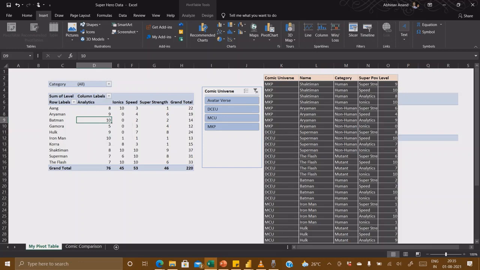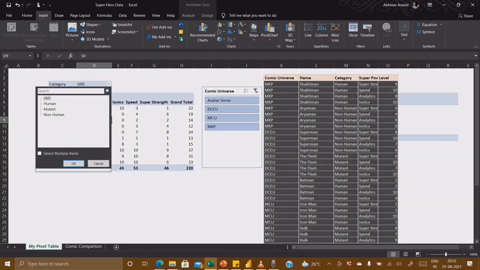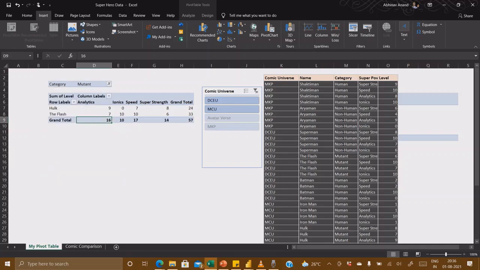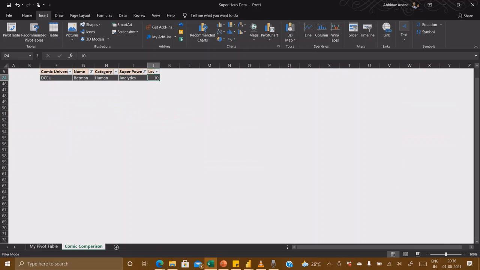Again, we have one more filter here. If I want to select human or mutant, and I select mutant here, then Batman will go off because we do not have any data for mutant which is getting filtered by Batman and analytics.